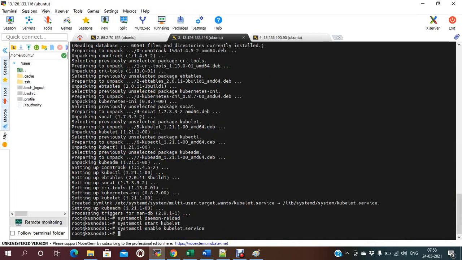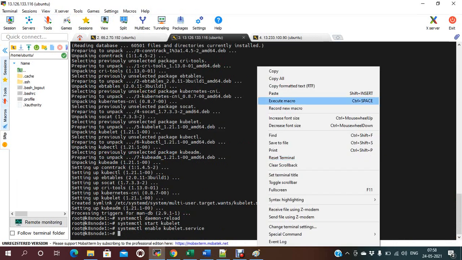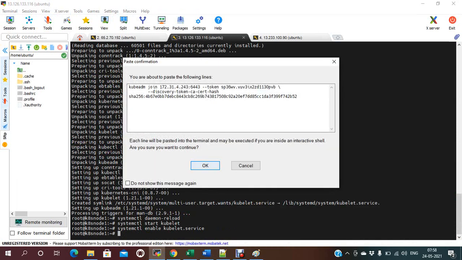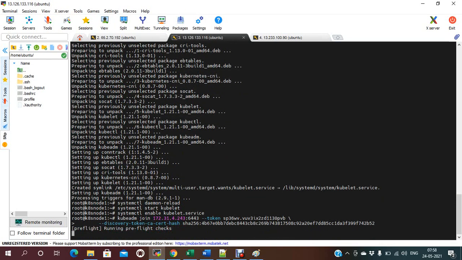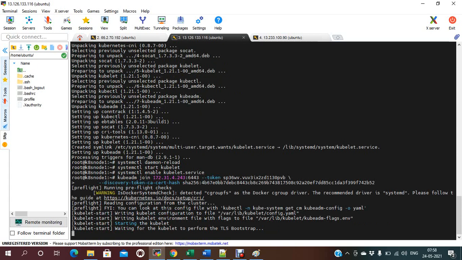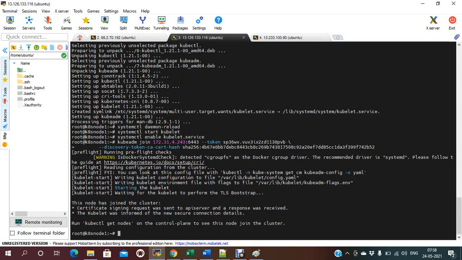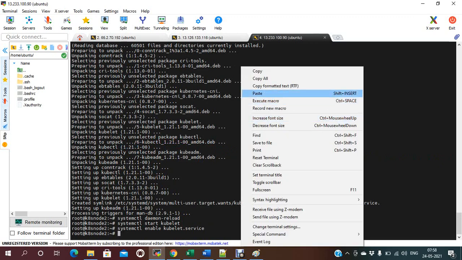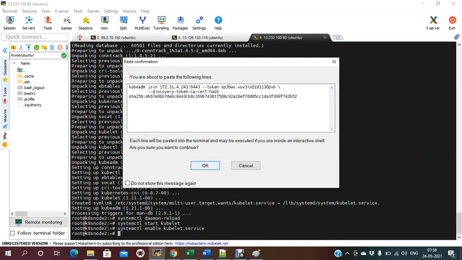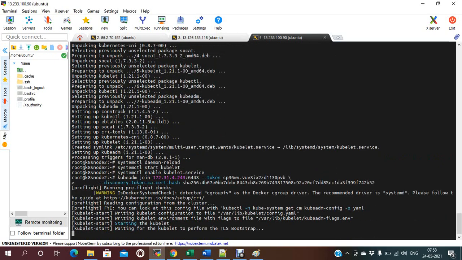If you are already root, you just need to give this command. So this is done, and on node 2 also I just need to paste it here.